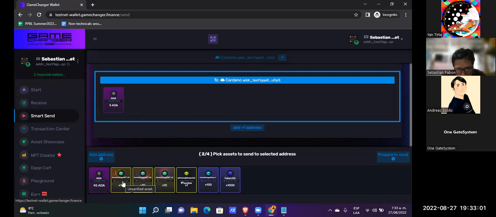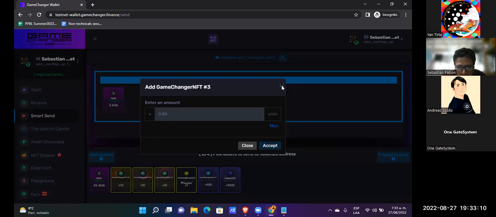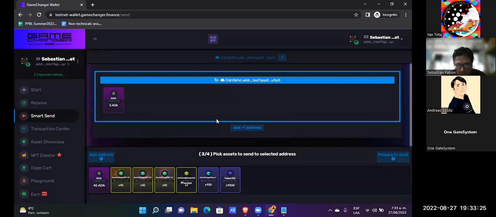But this is for another session. We could send, for example, these fake ADAs, fake USD, this kind of token, and select the amount of fake USD I can send to Jan. But for this moment, we are going to send only ADAs. And prepare to send.